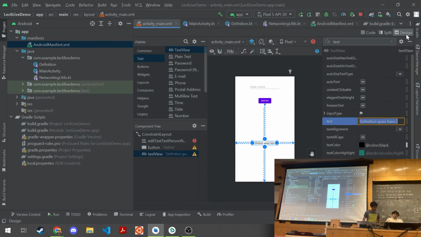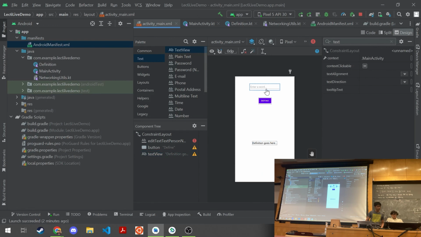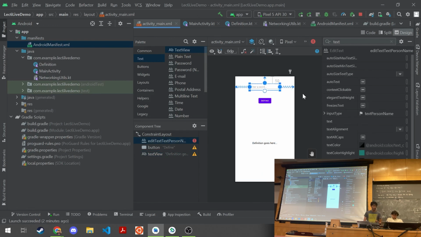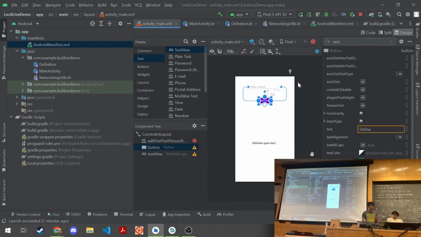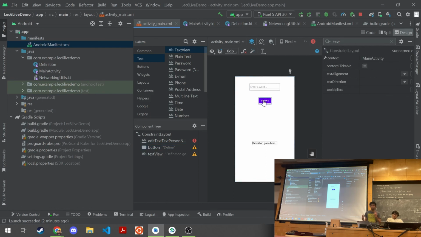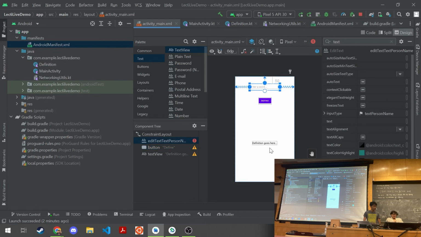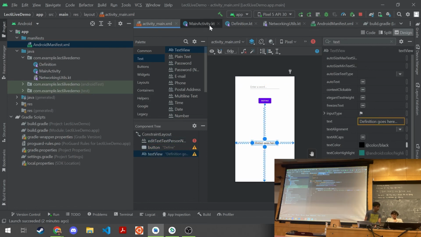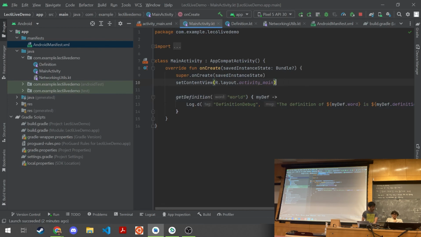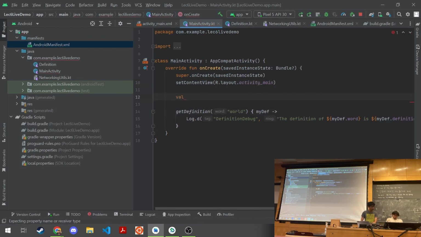And so now let's just add some logic to take the word that our user has input here. Once the button is clicked, it'll pull from the backend the definition of the word specified here and throw it into this edit text, or rather this text view here. So of course, we'll have to use our trusty find view by ID.